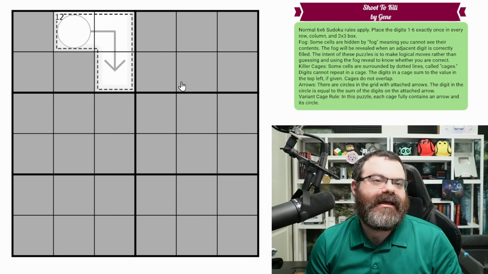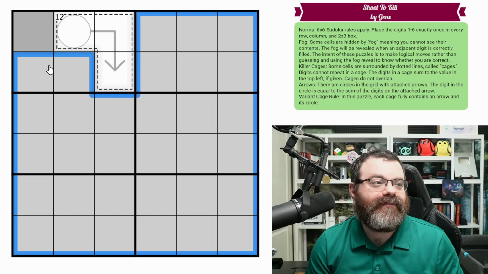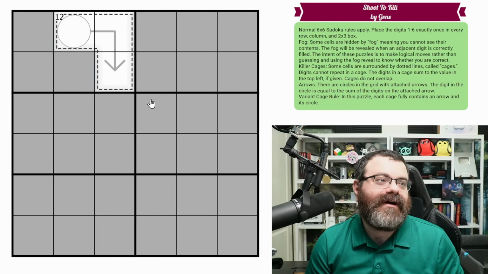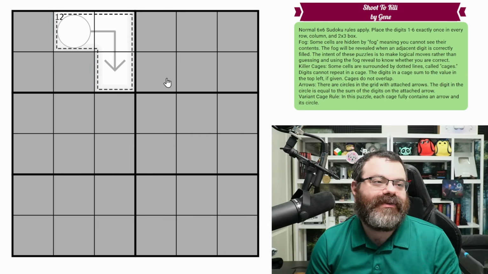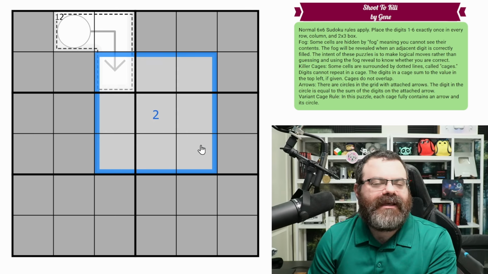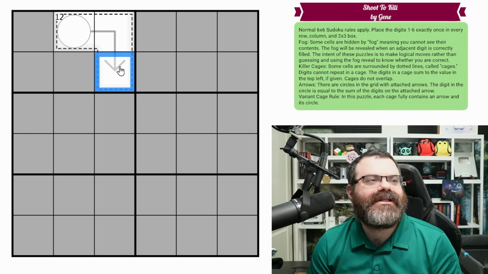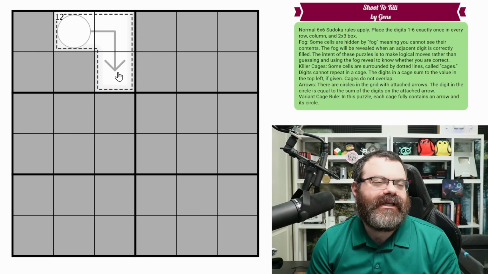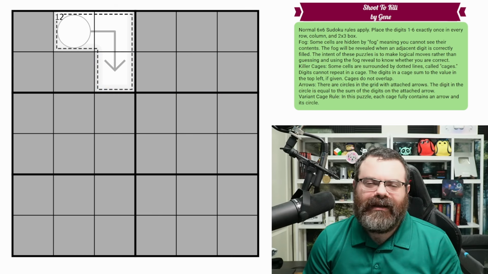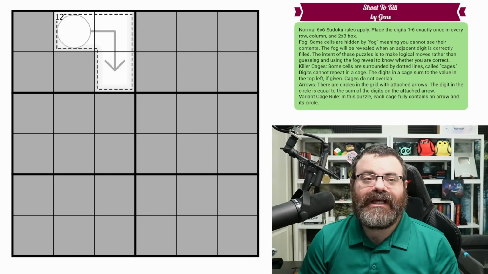All right. And then we also have fog in the grid. So most of the cells in this grid are gray because they're covered with fog. We reveal the fog by placing a correct digit. So let's say 2 was the correct digit here. That would reveal this 3x3 area, and we would be able to see what's underneath the fog in that area. And you're going to have to get correct digits. It kind of narrows your focus to where you're supposed to be looking. All right, cool. And so those are the rules. There's a link in the description if you'd like to try the puzzle yourself, and I'm going to get started